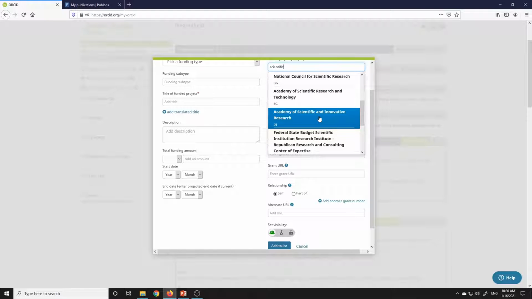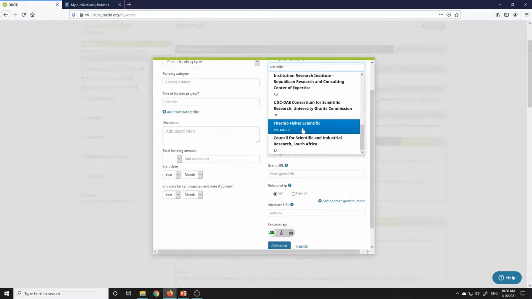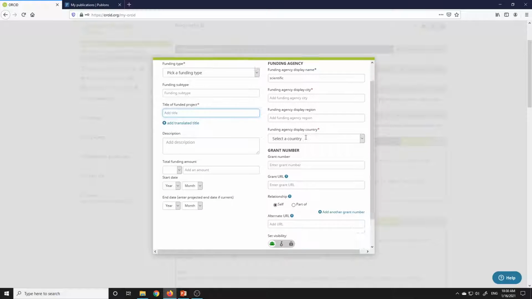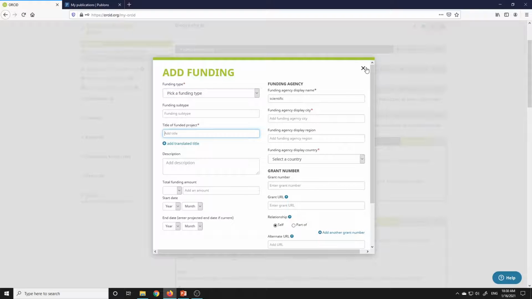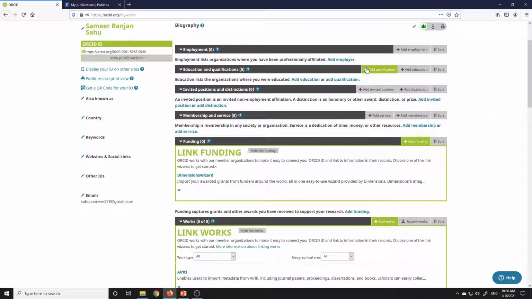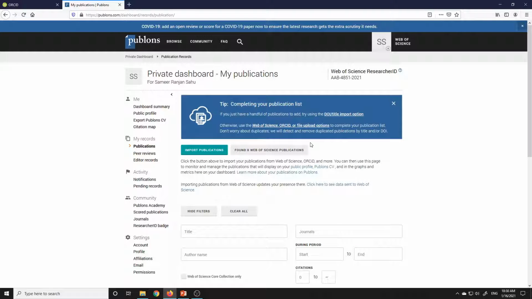So if you are trying to apply anywhere, you can just select these, project fund, everything you can find it here, add to list, and this will help you in your academic profile. If you are a faculty or you are going forward to become a faculty, scientist, anything, this will help you. And when this is linked with Publons, it will automatically appear in your CV, where you can download and export the Publons CV.